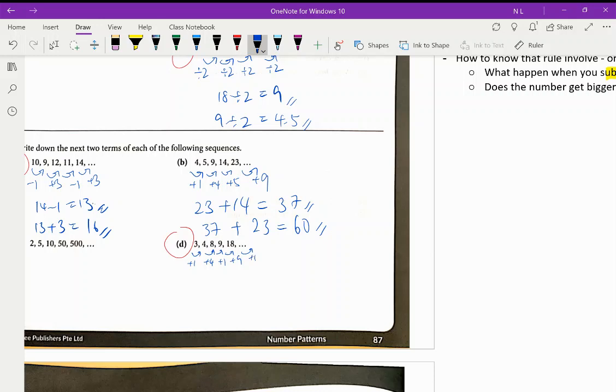So the next one will be plus 1. The next one will be plus the number in the sixth term. So when you're adding the same number, you're actually multiplying by 2. So 18 plus 1